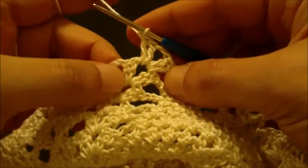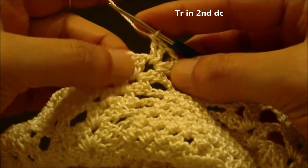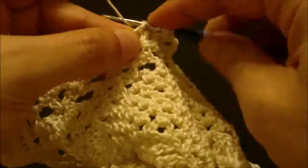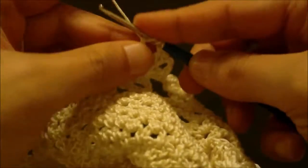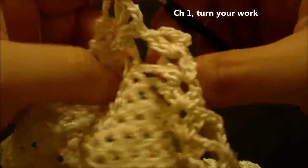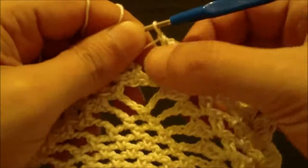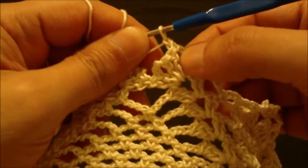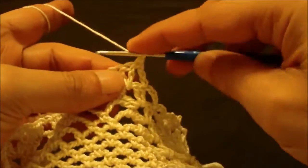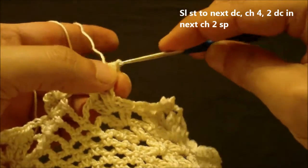Okay, to form the loop here we will work a triple crochet on top of the second double crochet. So we will yarn over twice, and then we will work a triple crochet like this. Okay, and we will chain 1, and we will turn our work like this. Now if you look here, you will have 1 loop here and 1 loop here. Now to form the third loop, we will slip stitch to next double crochet like this, and then we will